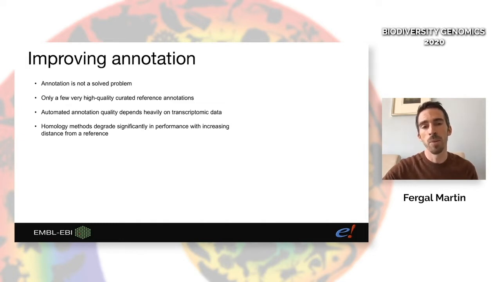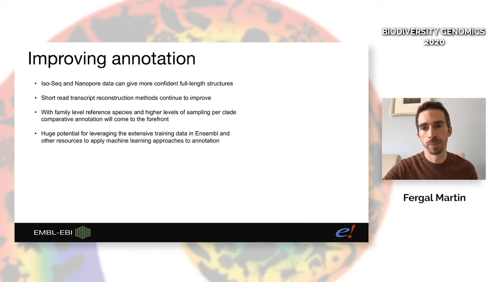But it's rare that we get very high coverage transcriptomic data, because genes are expressed in different tissues at different points in time. So we still need to do a lot of work through homology data, and that breaks down the further you move from a well-annotated reference,